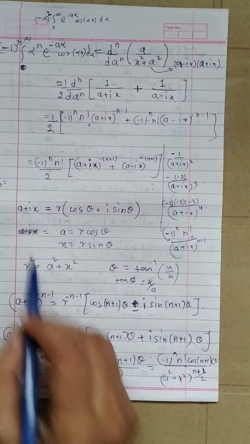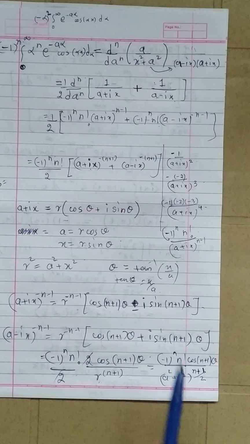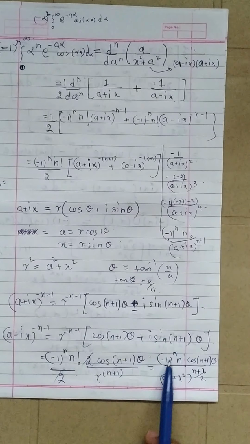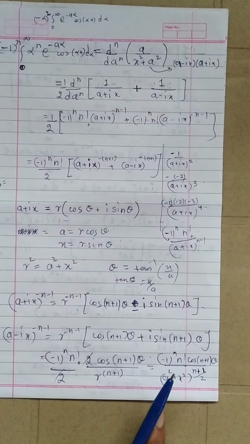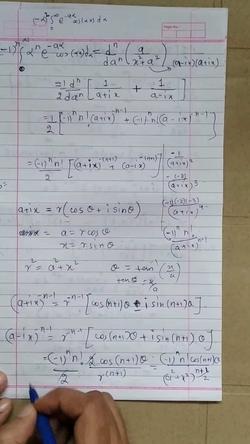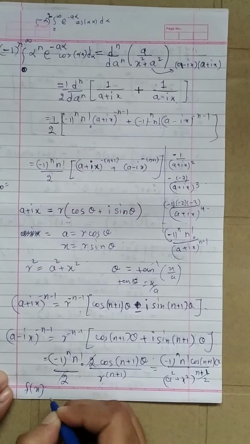Okay, so this quantity is equal to this, and that minus 1 will get cancelled, and hence what we will get is f of x is equal to